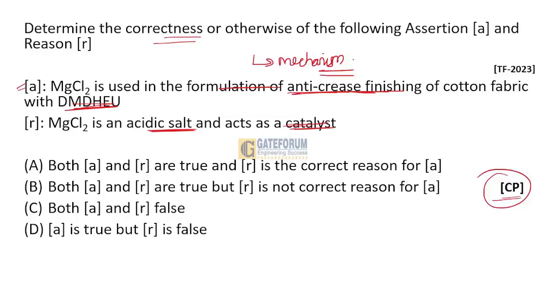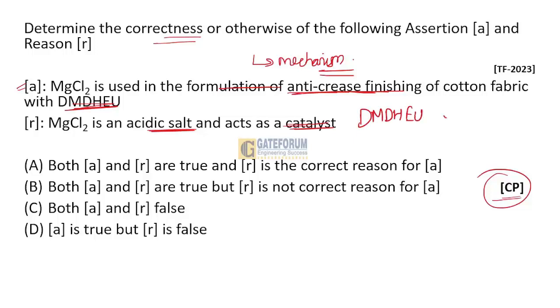It is a very popular anti-creasing agent. So what basically is the role of a catalyst? Catalysts help in the reaction. They do not directly participate in the reaction, but they either increase or decrease the rate of the reaction. So MgCl2 is used as a catalyst in this process, promoting the cross-linking reaction between